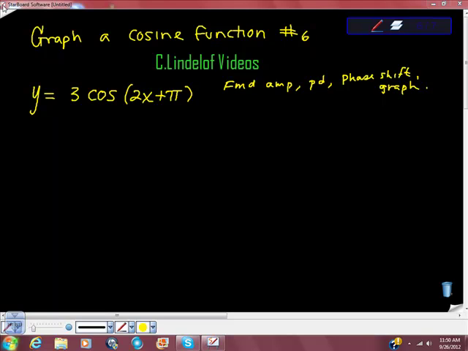Okay, graphing a cosine function number 6. So we're asked here to find the amplitude, the period, the phase shift, and then to graph the function. The amplitude is easy, isn't it? It's just the absolute value of this. So the amplitude